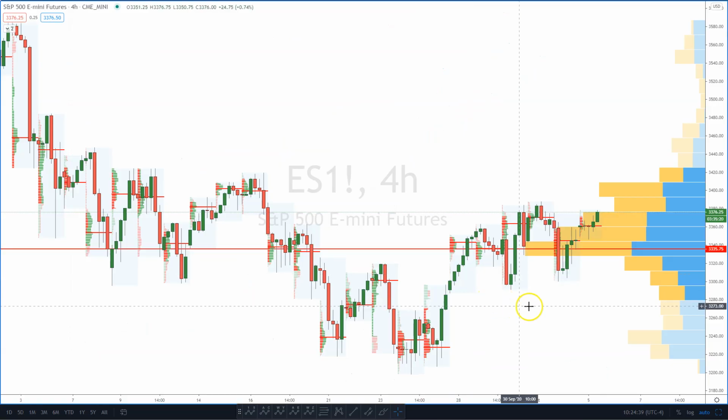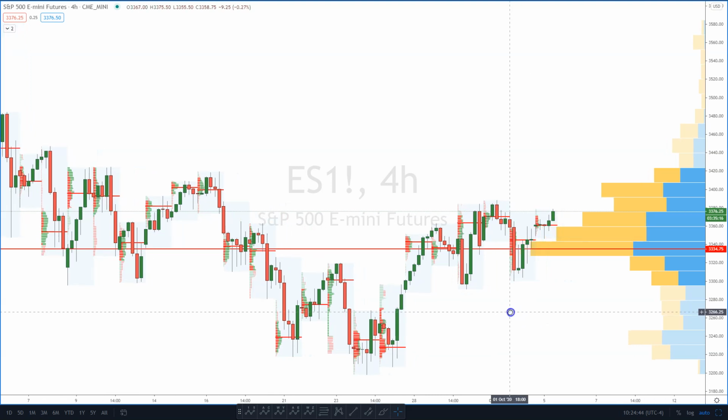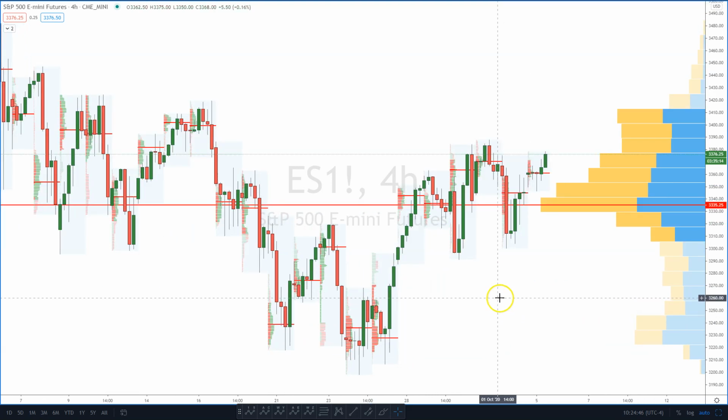This is the S&P with the volume profile tool, where I have the session range, and I have the range of the entire price action. So first of all, if I look to the left, I can see some key levels, all the old points